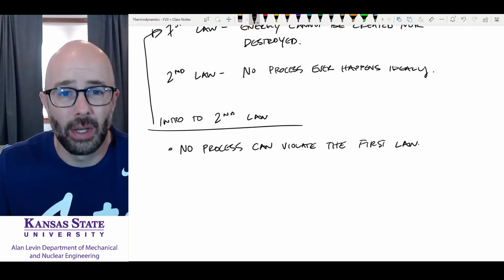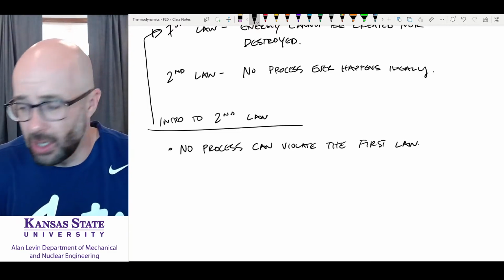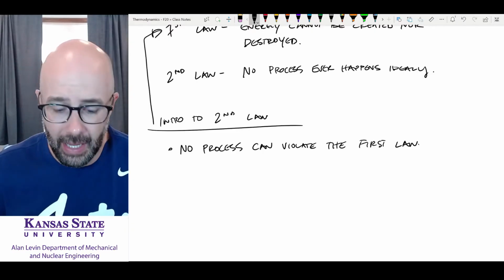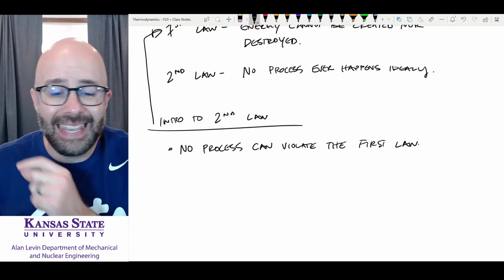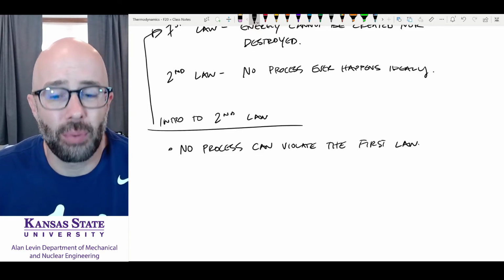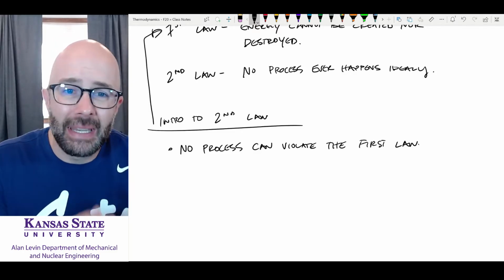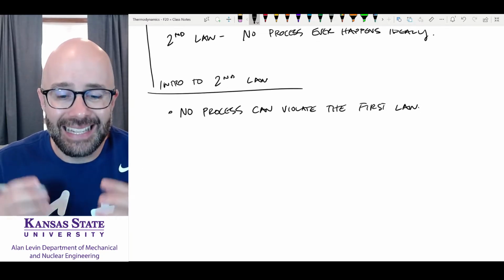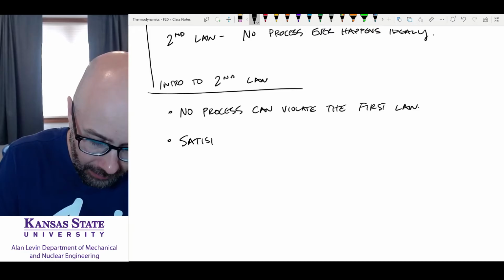You have to satisfy the first law for the process to be valid. Okay, that must be the case. However, satisfying the first law does not ensure that the process occurs. Okay, I've been giving you real processes, but satisfying the first law is not the end all be all. So I'll write here, satisfying